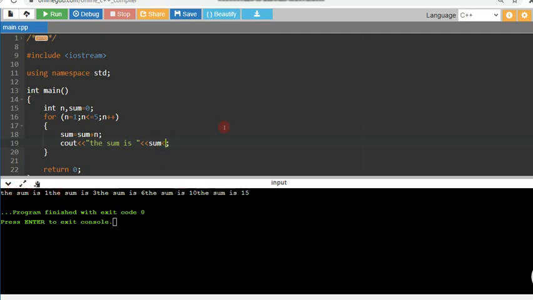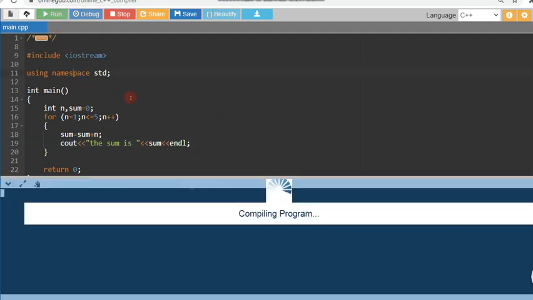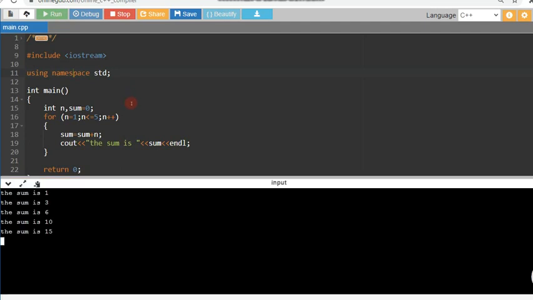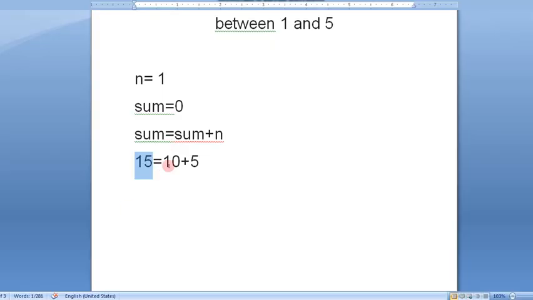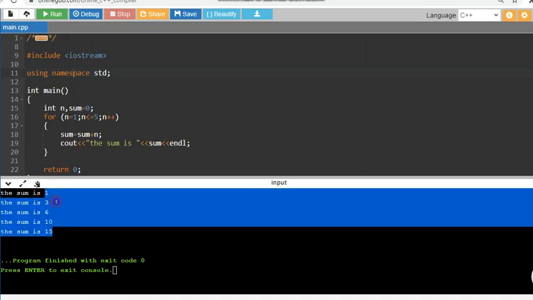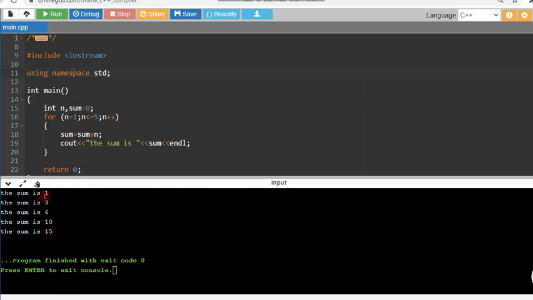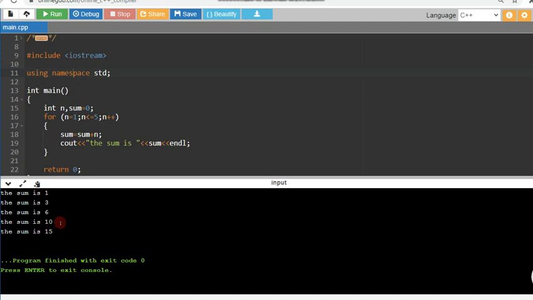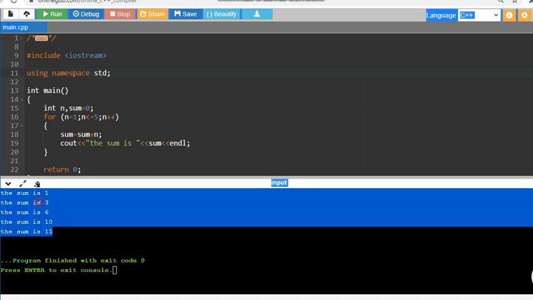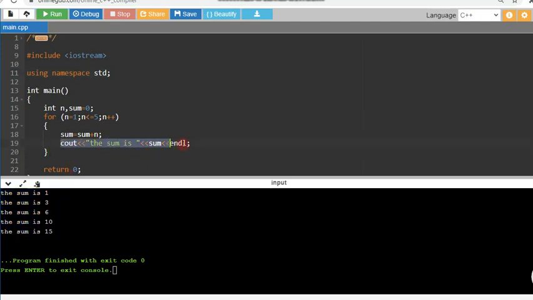You had better use endl so that you can understand the concept. I am using endl and compiling. You check, please. Then you can understand more nicely. See, it is printing all the intermediate results. In between, whatever results it is finding out, it is printing all of them, which we don't require. We require only the final result. That's why, students, when doing the program for sum, always keep the print statement outside the loop.